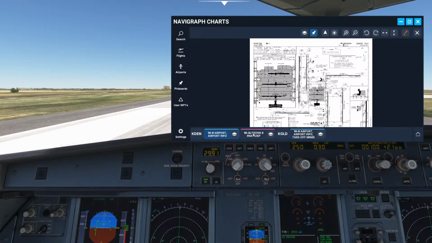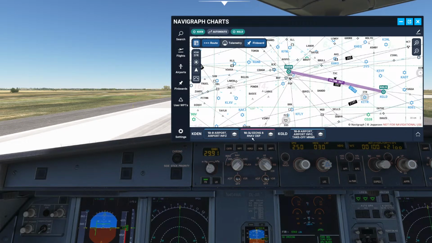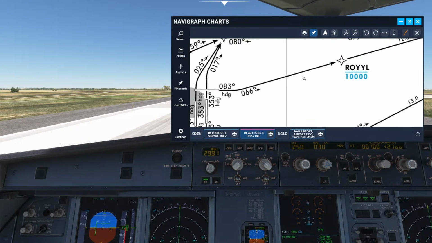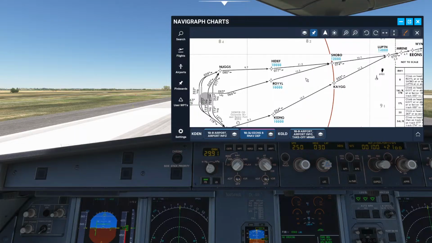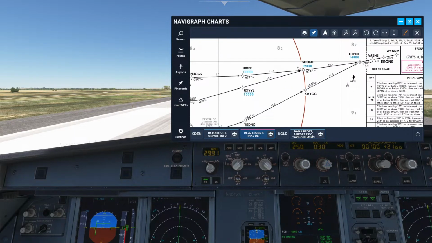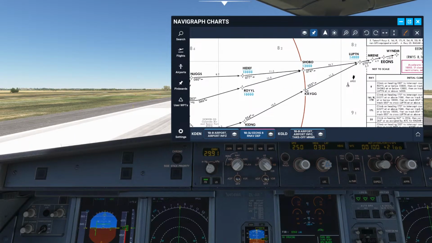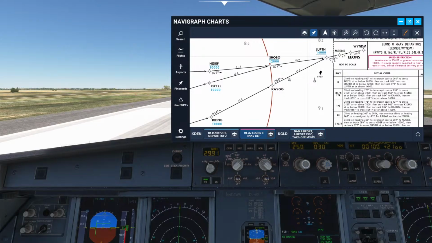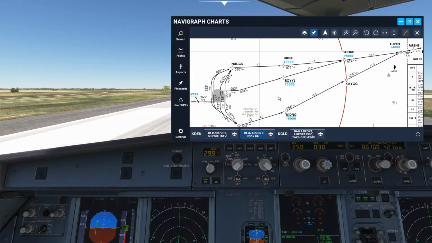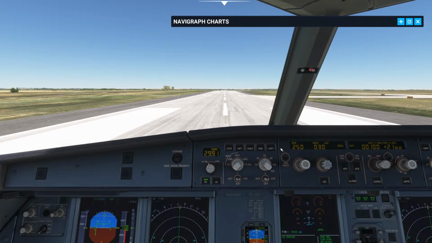All right, anyway, going back to that managed mode. Now, if I put this SID into the FMGC, it's not an FMC because that's a Boeing thing, but same thing, the flight management guidance computer, down here you see all these altitude restrictions? It's going to populate it. And if I come over here to the